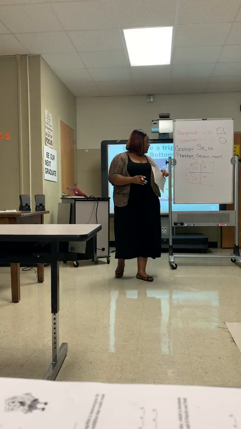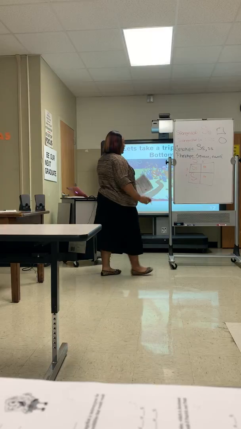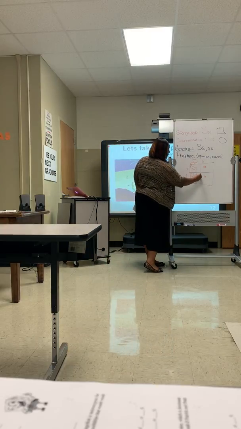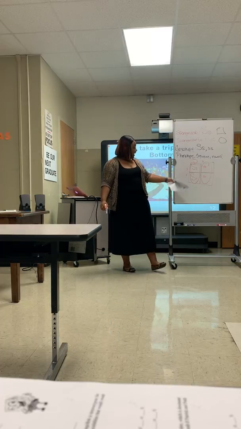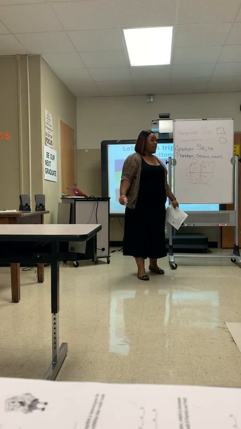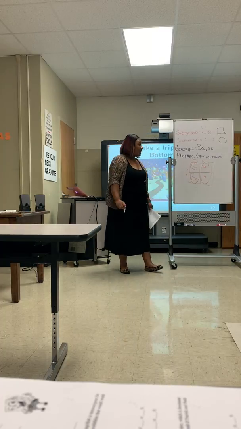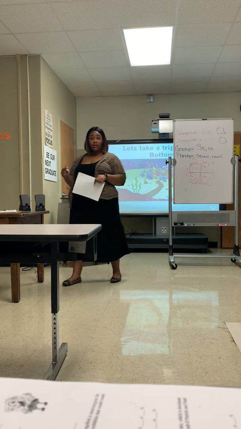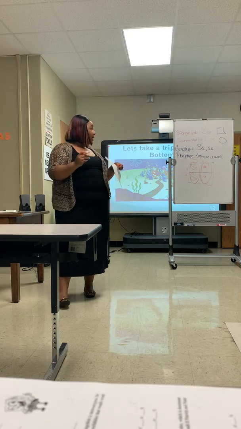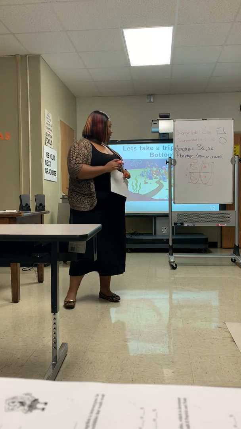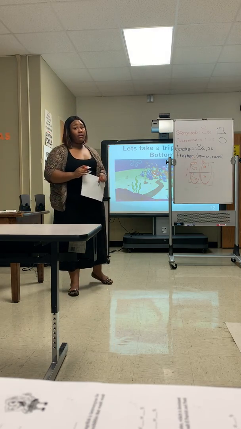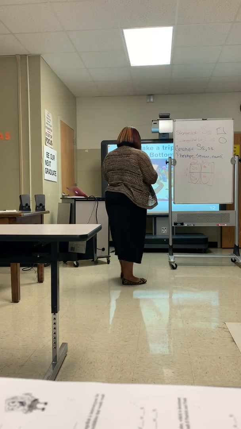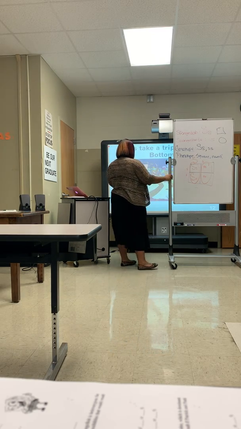So when you look at the Punnett square, you see two allele combinations that are the same. You have a heterozygous, and you have a homozygous. So this is a 50% chance that the baby or offspring will be square, and there's a 50% chance that the baby will be round. Okay? So next,